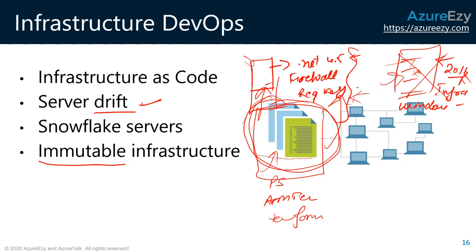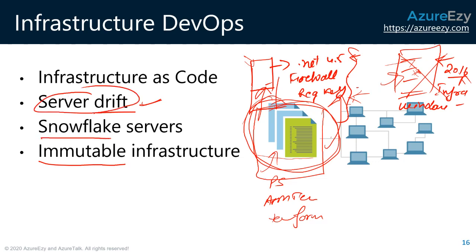But in case of infrastructure, that was not the case, because there was no script, there was no infrastructure as code. It was all manual. Someone followed some Word document, some PDF document, and they created this using the Portal, going through the RDP and all those things. And that's why they cannot redo this by just running a script. They have to find out the problem. And that's the thing which server drift did.